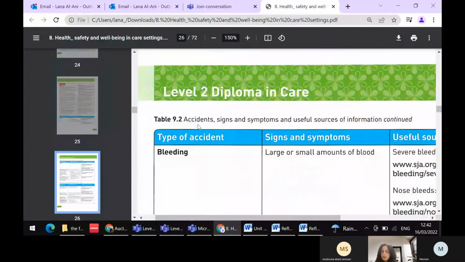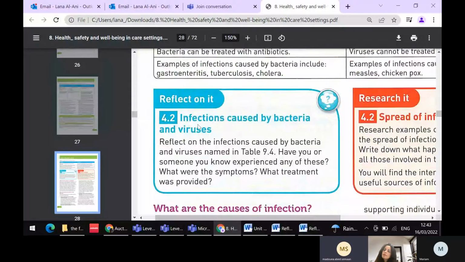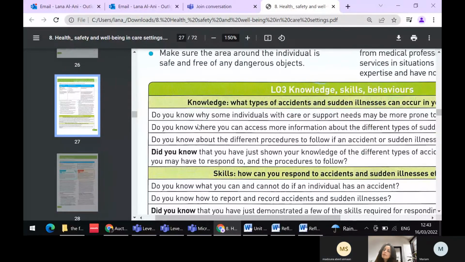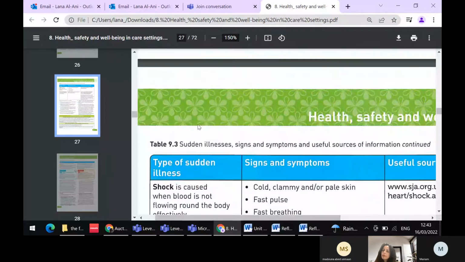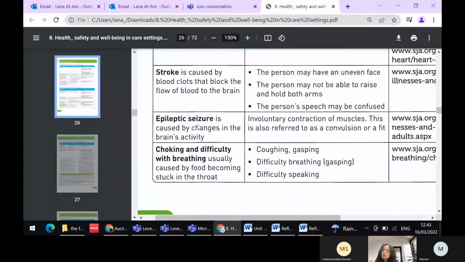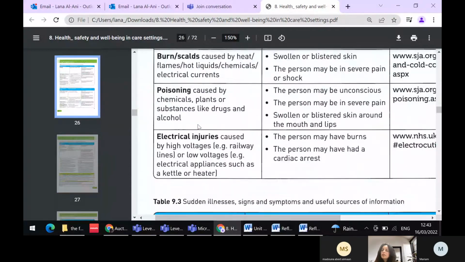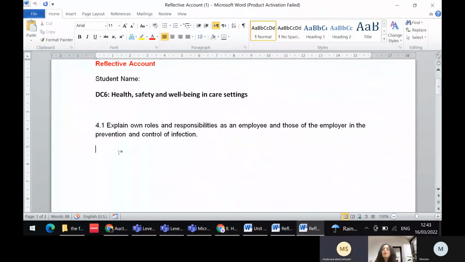How you can fight infection? Yeah, as you said, we have to provide the food well cooked, otherwise this is going to be an infection for them as well. Very good. So the food should be hygienic. Everything is clean. Yeah. For you to answer this question, you need to talk about yourself.